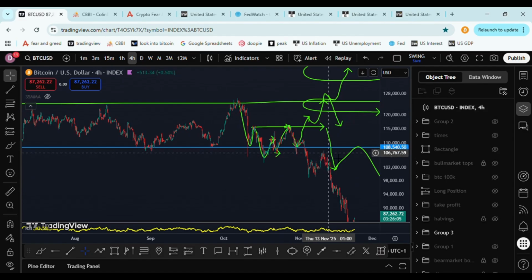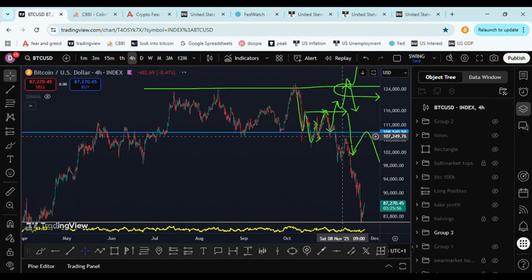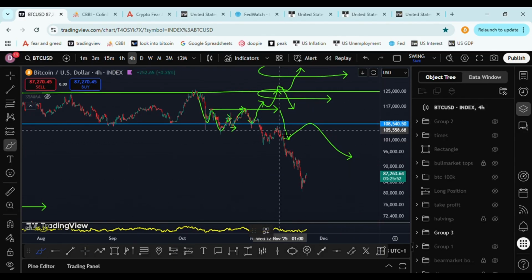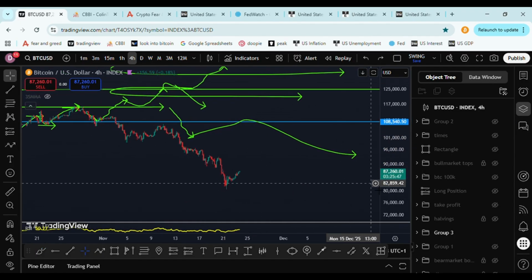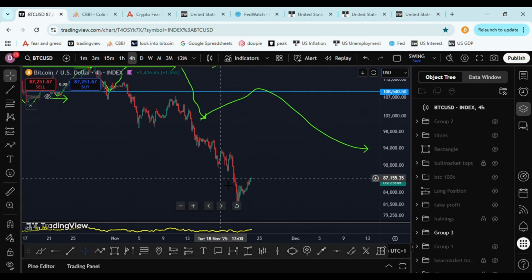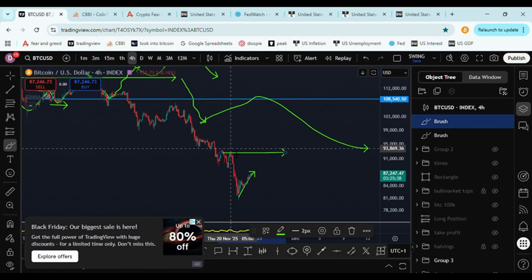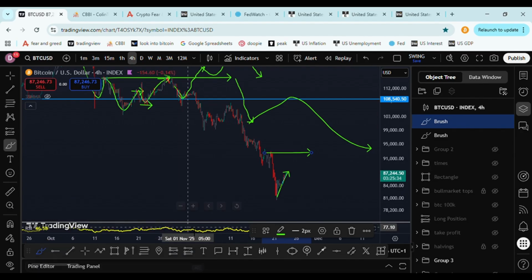Also, this would have been a signal to take some profit off the table. That would have been a good moment to sell something when I was thinking about it in the last video, but I didn't do it, and there's nothing we can change about it now. Then we've started this major downtrend with only lower highs and lower lows. Right now we can see a little relief rally, but I would look at this resistance level and see what happens there. That would be the first bullish signal Bitcoin can give right now.